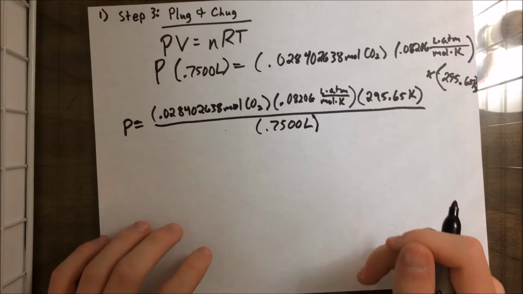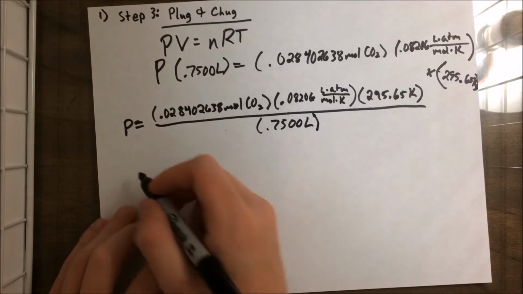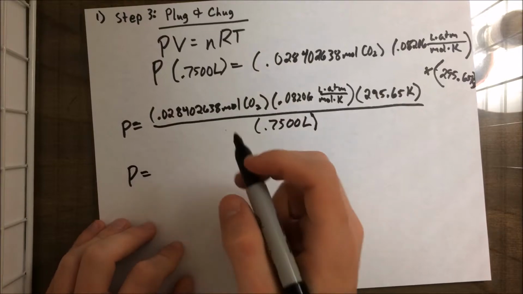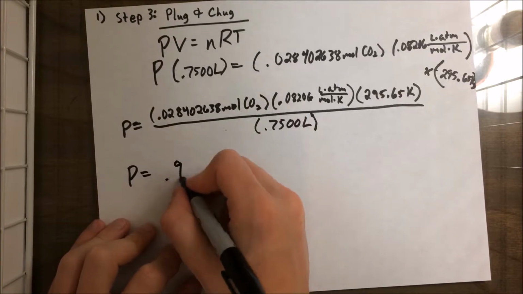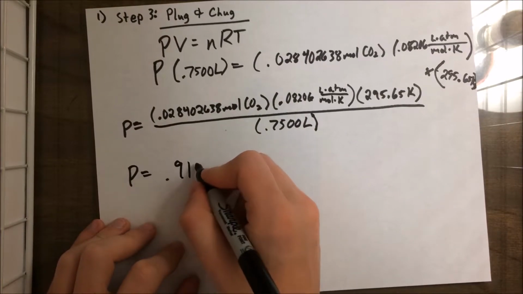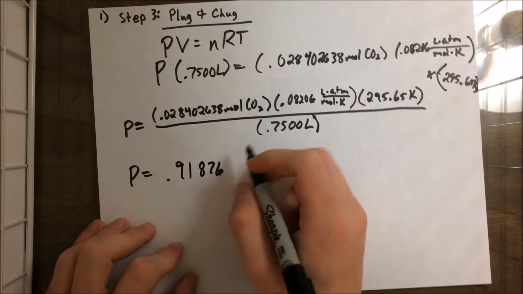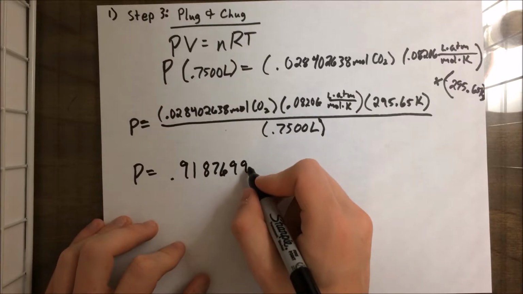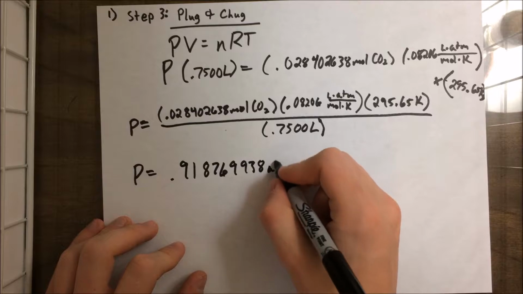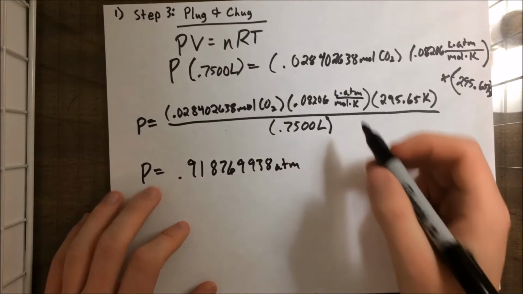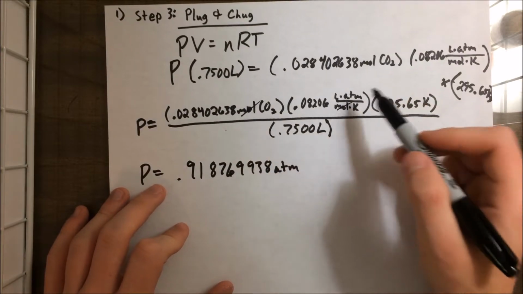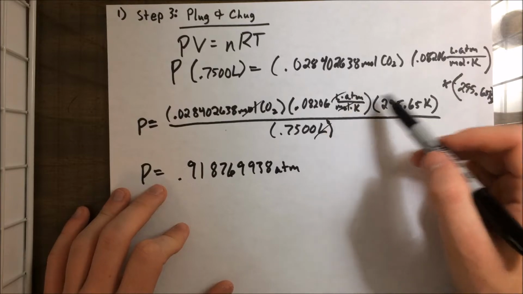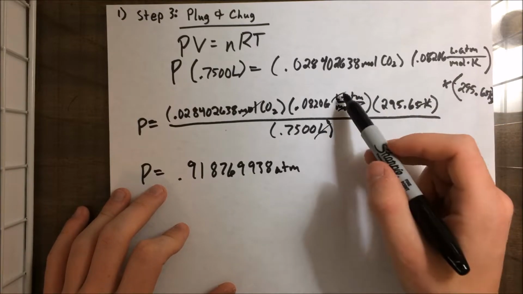Okay, and then we can plug that into our calculator and get the pressure is equal to 0.918769938 atmospheres. So we can see that moles cancels there, liters cancels there, and Kelvin cancels there, which just leaves